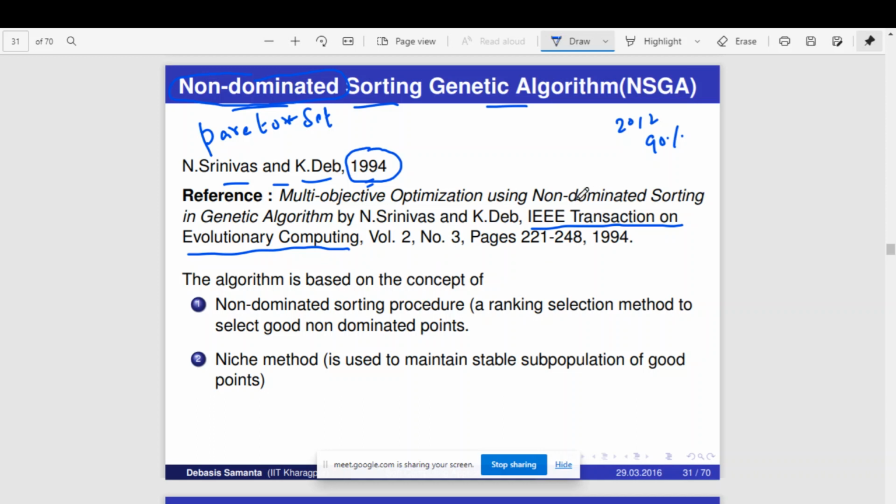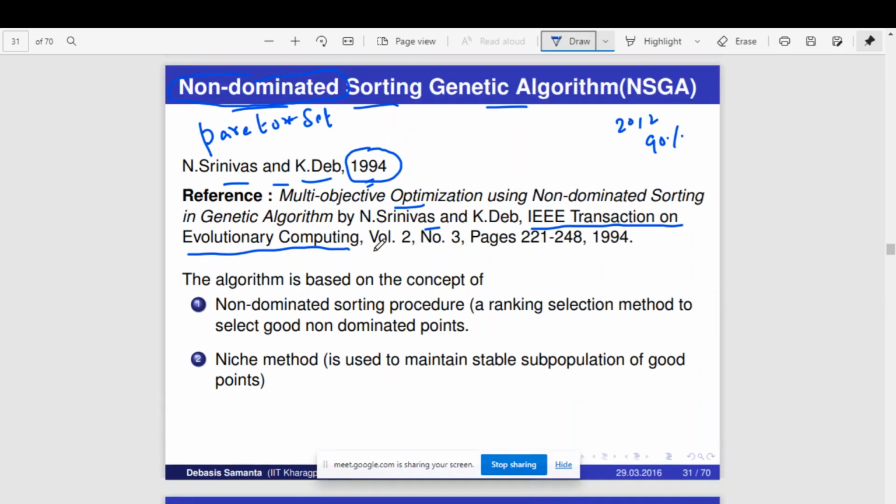All IEEE transactions are very standard papers. So far we have discussed many algorithms, but we are discussing each algorithm only in brief. We are not going into detail, like taking a problem and solving it. If we did that, I think we could do only one algorithm. But I advise you to go through this paper and study at least one paper thoroughly, because that may help you a lot.